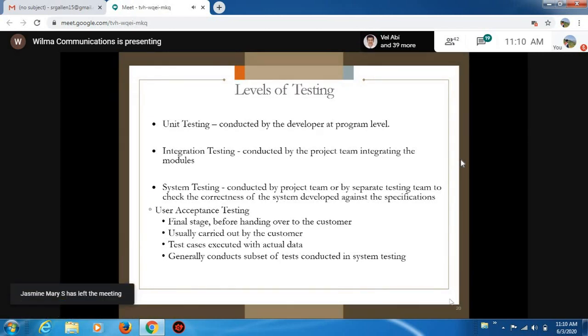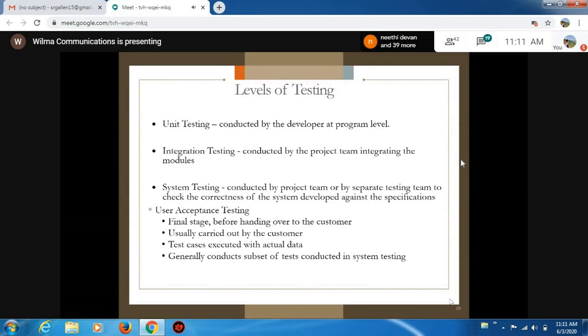System testing is where we validate the whole system together, used to verify and validate the end-to-end functionality of the product.